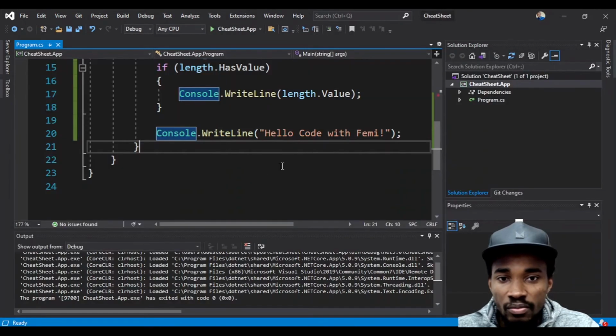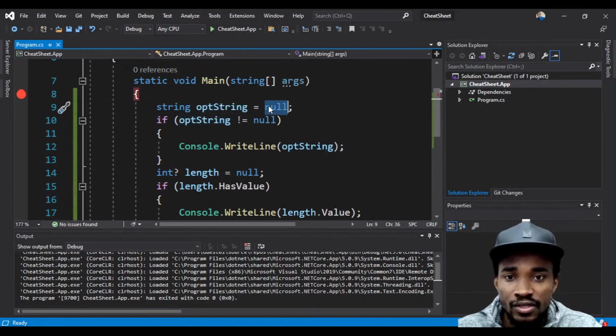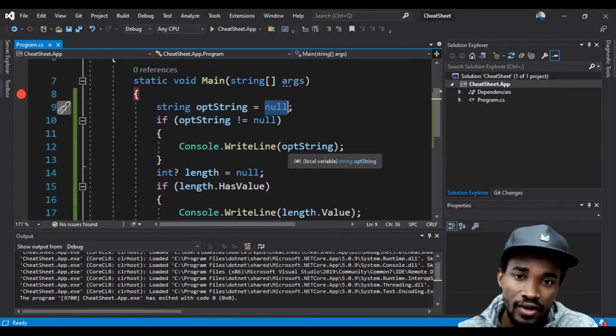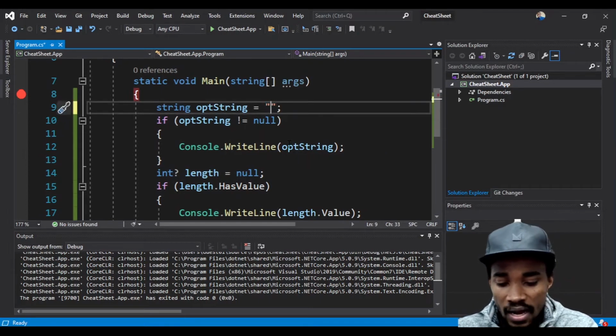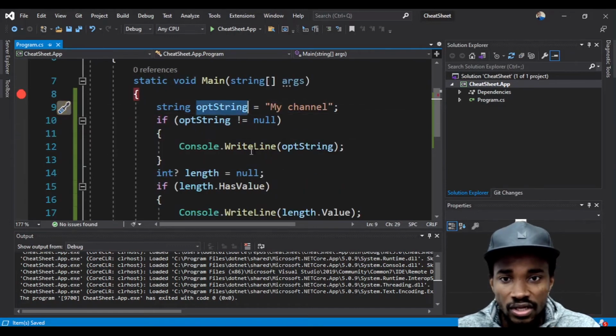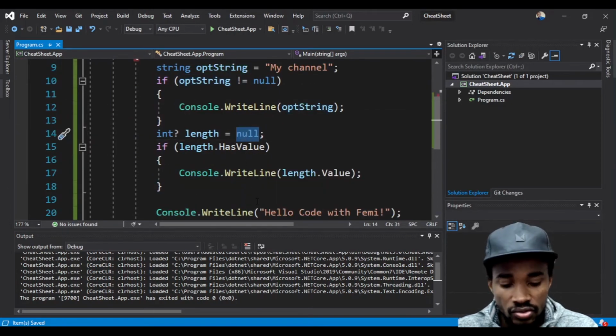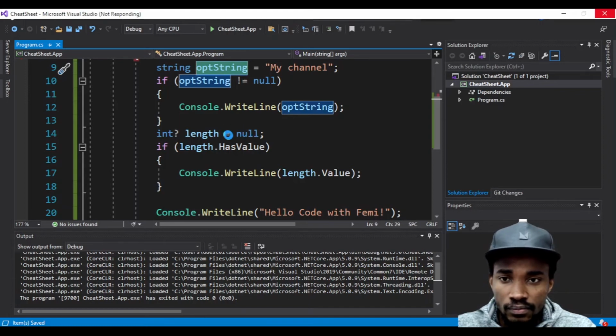So now let's modify this code a little bit for you to understand what the variable is. A variable is where you just store a value. Let's change this now to my name, or let's just say my channel. You can see that I've changed that to my channel, and then let's change this to say that the actual length now is